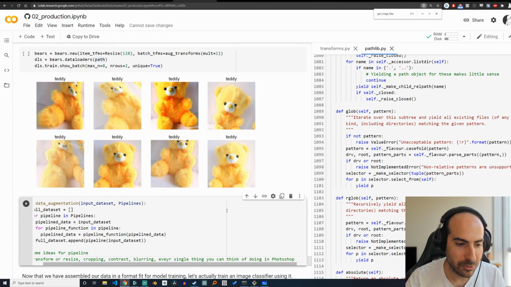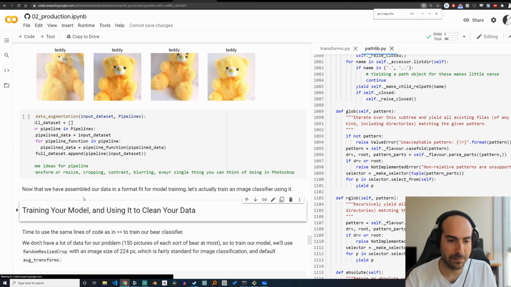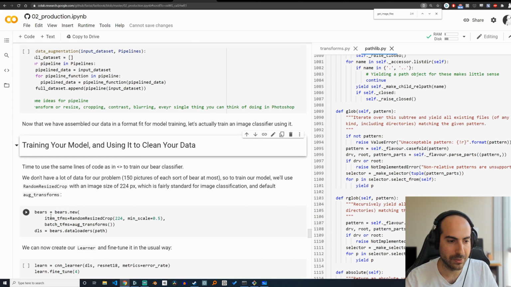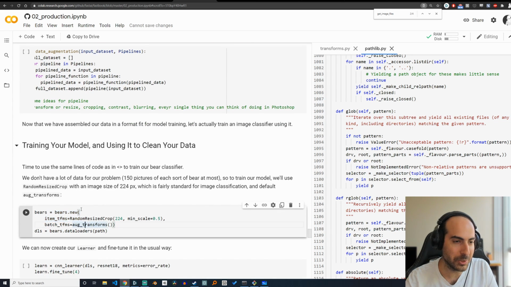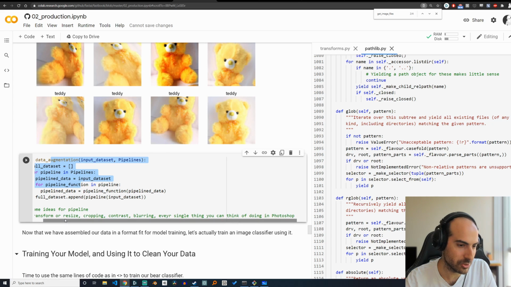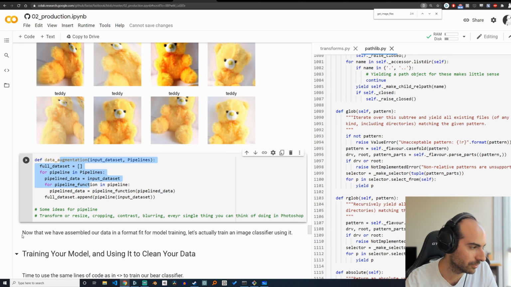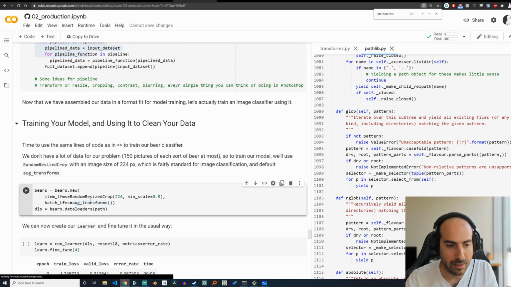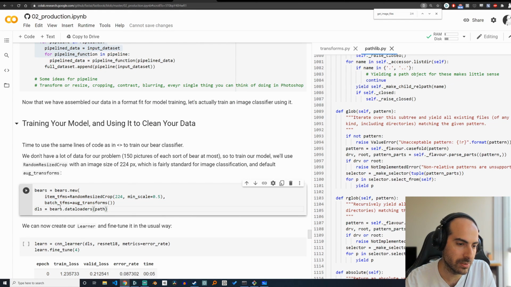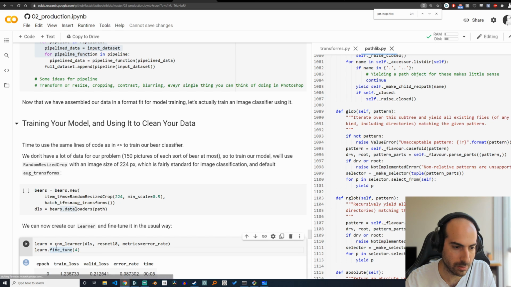So let's keep going here. For example, they're doing exactly what I was saying here. This is the hacked-together version of the code that I talked about. But here they're doing the same thing, where you can set up a whole bunch of pipelines, and then what is this fine tune thing? So you can say